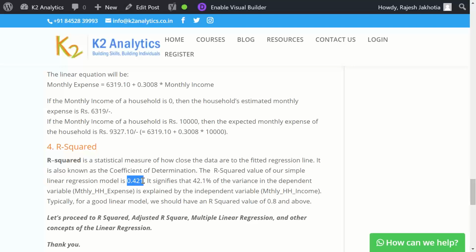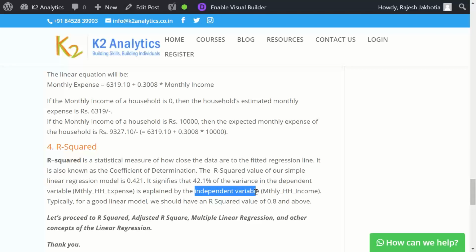The interpretation of this 0.421 is that 42.1% of the variance in the dependent variable is explained by the independent variable. I repeat, the R squared number 0.421 means 42.1% of the variance in the dependent variable has been explained by the independent variable by the model.